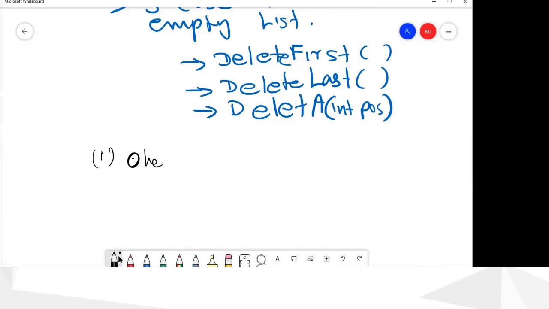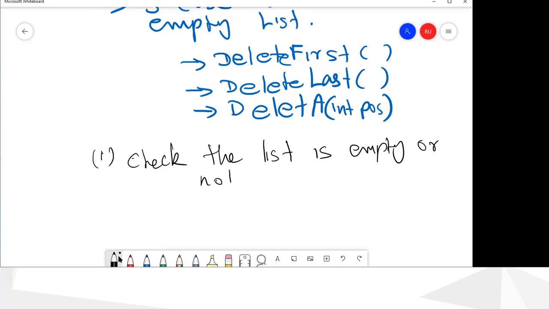The first thing we have to do is check whether the list is empty or not. Can someone tell me how to check whether the list is empty or not? The head and the tail should point to null. Yeah, that's correct.